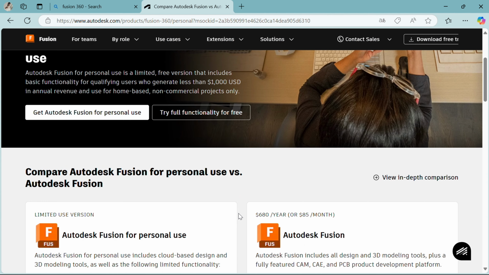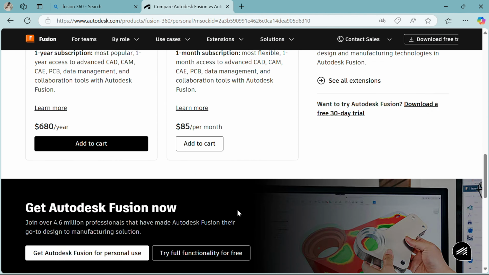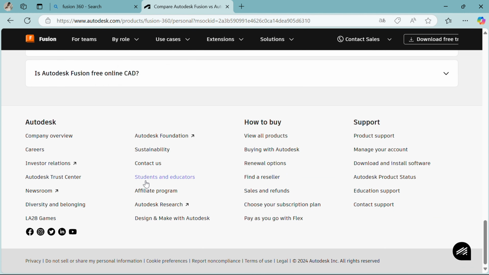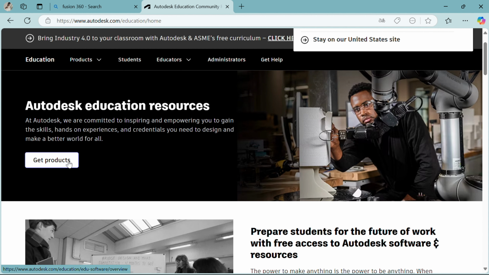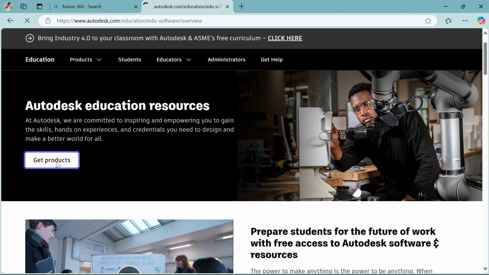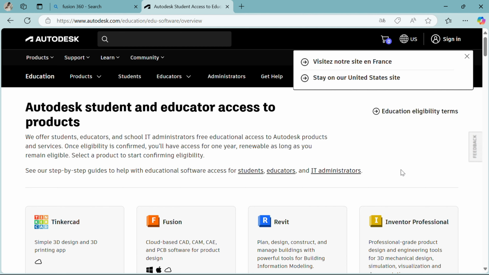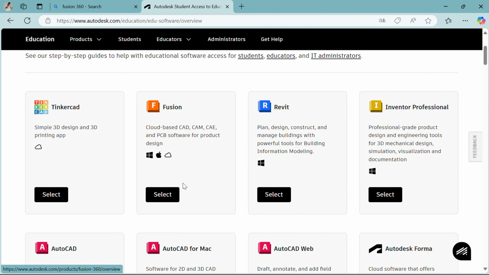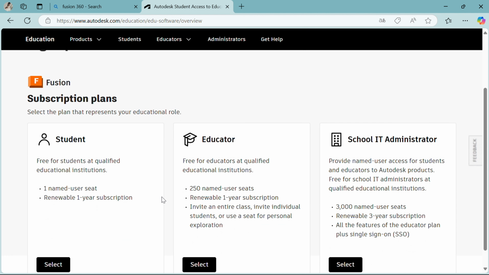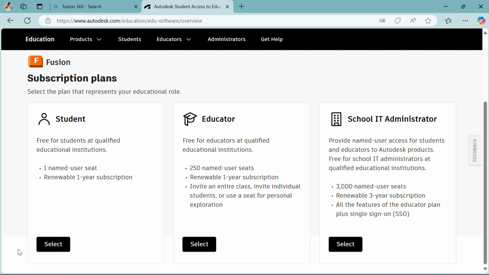But if you are a student and educator, you have to go at the bottom, and now you can select students and educator. If you select on this, in the new page you can select get products. So click on this, and now you can choose any software that you want. If it is Fusion 360, select here, and there is a student, educator, or school administrator. So now if you select on a student, they will ask you some information, and you enter this to apply